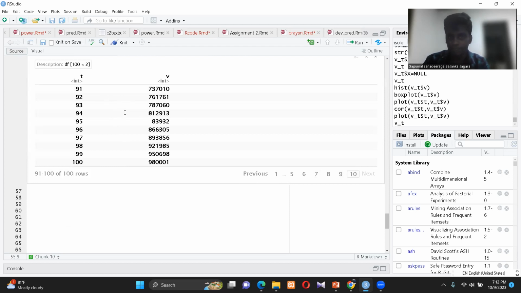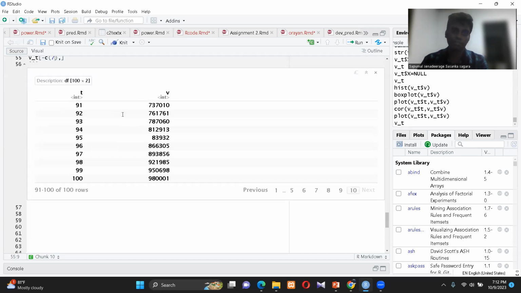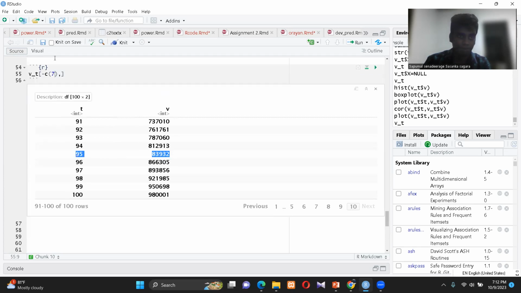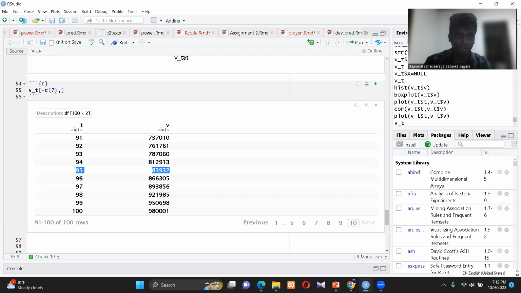Otherwise, we have to subset it, then we can find it out. Approximately, by checking the graph, we can notice it. So this is 95, it is corresponding to 95, so you can put here 95,